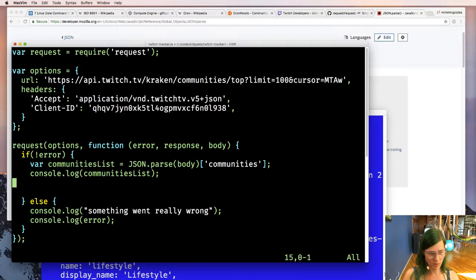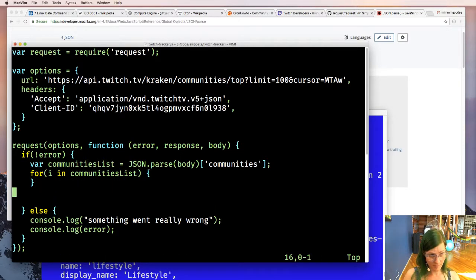So for... in... Brian communities list. Good old classic iterators.